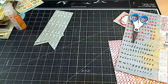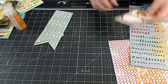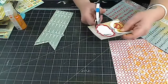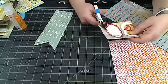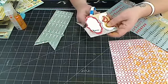That's all the cutting we need to do. カットするのはこれだけです。We're going to cut this banner out. 今度はこの形通りにラベルをカットします。